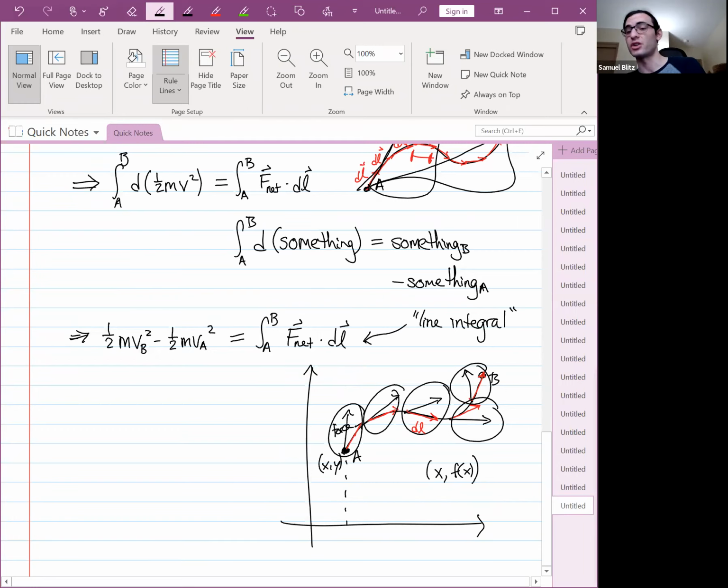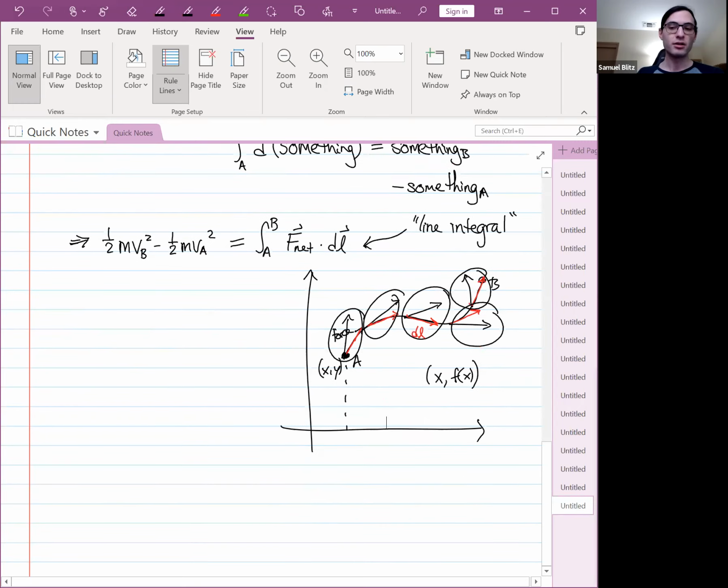Now, sometimes that's not true. Sometimes your path is a circle, in which case you'd have to break it up into two paths and then add up the integral. But for the simplest paths, you can describe a path with a function. I wouldn't parameterize it with t. Maybe parameterize it with L if you want, but generally you can even parameterize it with x or with y. And then dl is just going to be the amount that you move over in the x